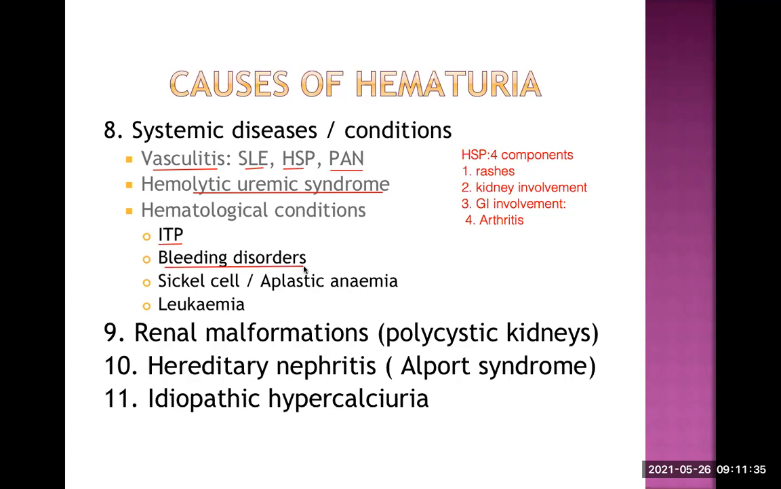Other types of bleeding disorders apart from ITP can result in hematuria. Sickle cell anemia and aplastic anemia both can result in hematuria, but the mechanism is different. Sickle cell anemia can lead to hematuria by causing papillary necrosis in the kidney. Remember, renal papillae are important structures inside the kidney. Those renal papillae are necrosed as a result of thrombus formation, because that is the main problem in sickle cell